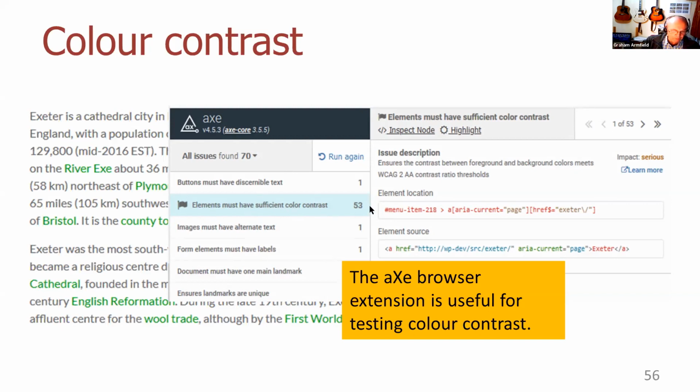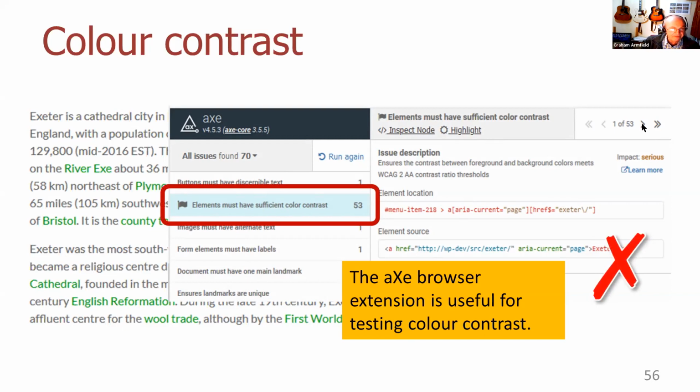So here I've got 53 elements on this page that have insufficient color contrast, and it's literally all these green links. You can highlight them on the page so you can see exactly what it's talking about. It gives you some ideas about how to fix it. I can actually scroll through all the 53 of those if I want to. Okay, there we go.